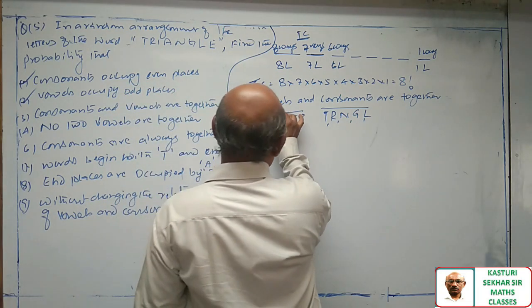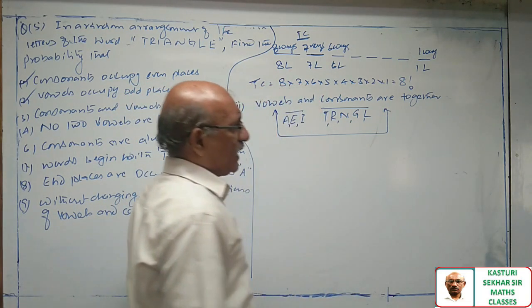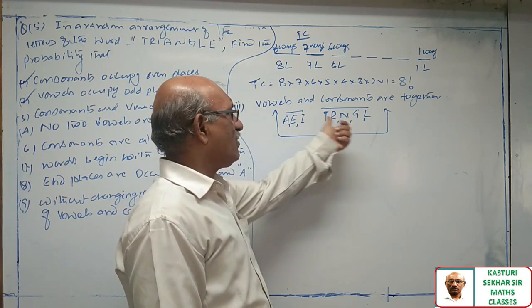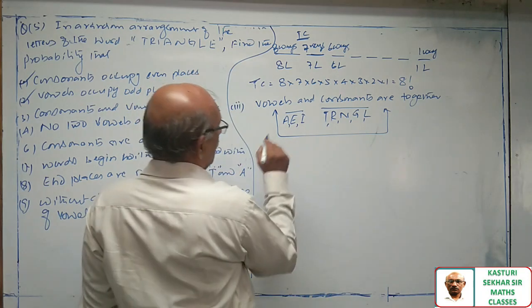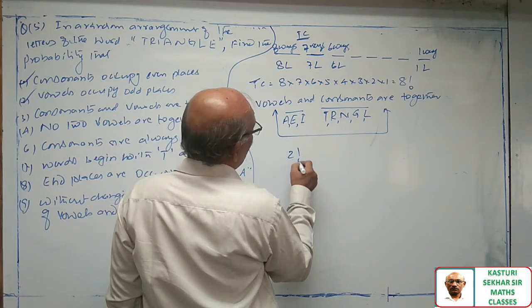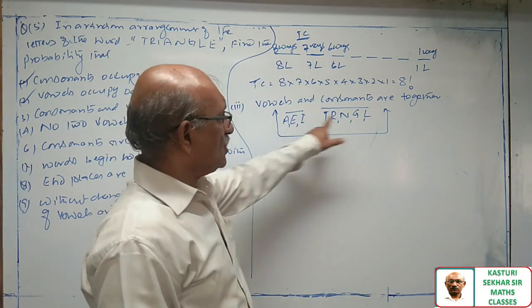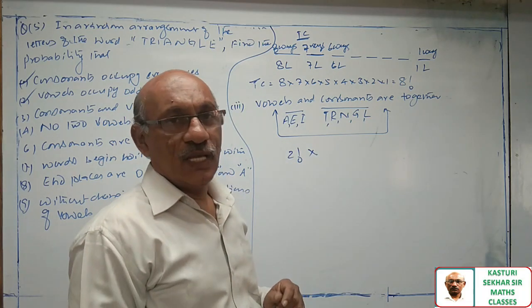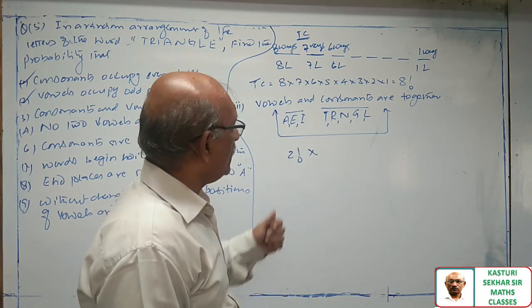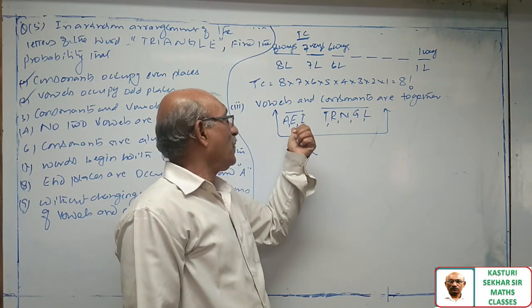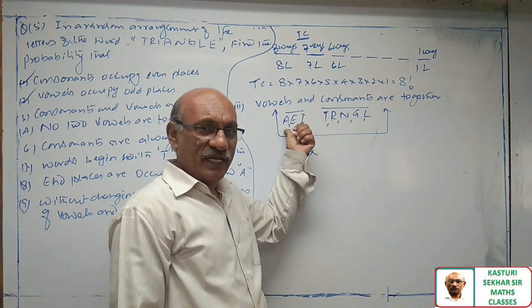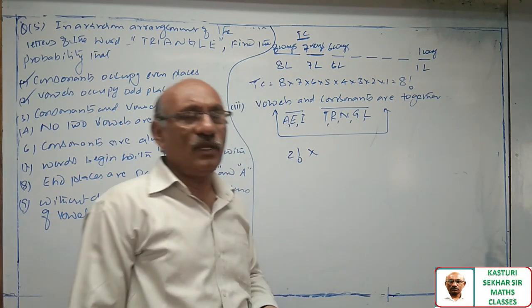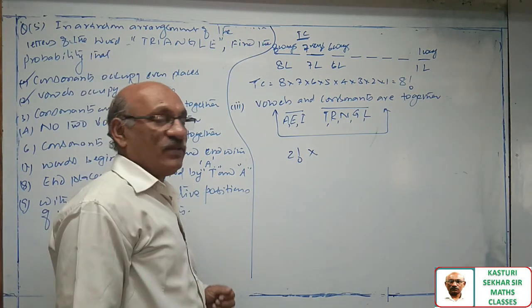If I see the question this way, I am using two brackets. Look at the question from square brackets point of view. Inside the square brackets there are two objects. So these two objects can be arranged in two factorial ways: vowels first, consonants next, otherwise consonants first and vowels next. When I treat all the vowels as one object and all the consonants as one object, there are only two objects which can be arranged in two factorial ways.